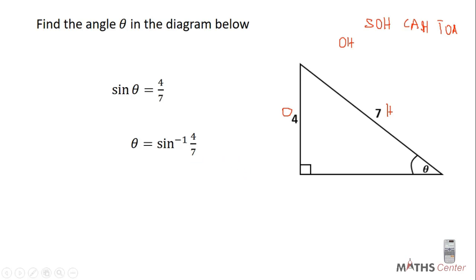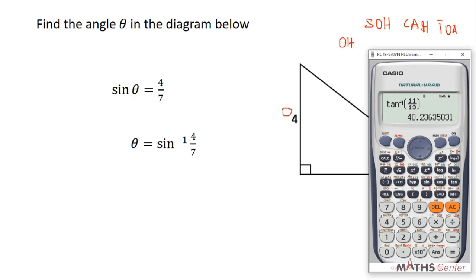with our calculator. So you switch on your calculator. Then you press on shift. Then you press on sine. So you see, as soon as you press shift sine, the calculator will write sine inverse and open a bracket. You click on this fraction button, then you enter the fraction in there. The fraction is 4 divided by 7. After you've done that, close the bracket and press equal to. Now when you press equal to, the calculator will calculate sine inverse of 4 divided by 7 for you, and that is